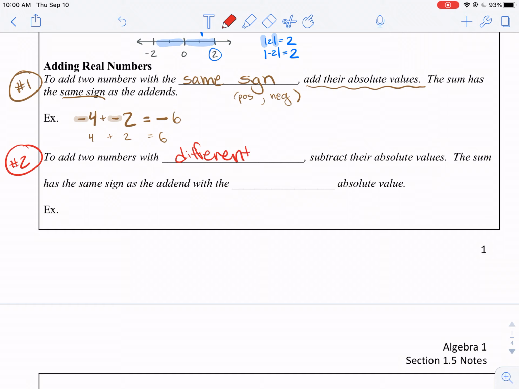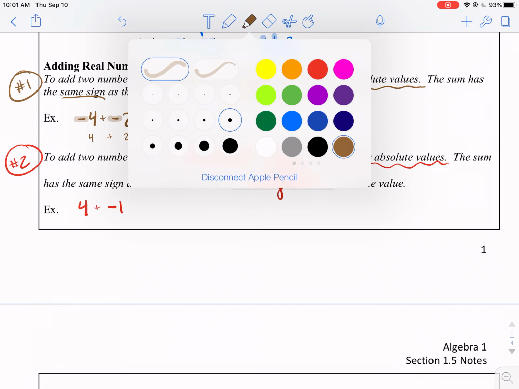Again, sign: is it positive or negative? Then we're going to subtract their absolute values. That is the big one and then the small one. And then the result, the sum, is going to have the same sign as the addend with the largest absolute value. So for example, if we had two numbers with different signs, like 4 and -1,